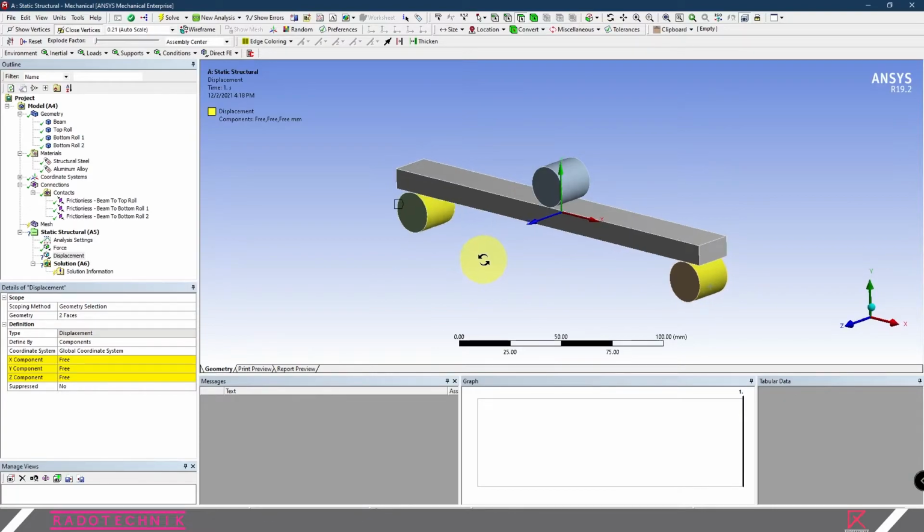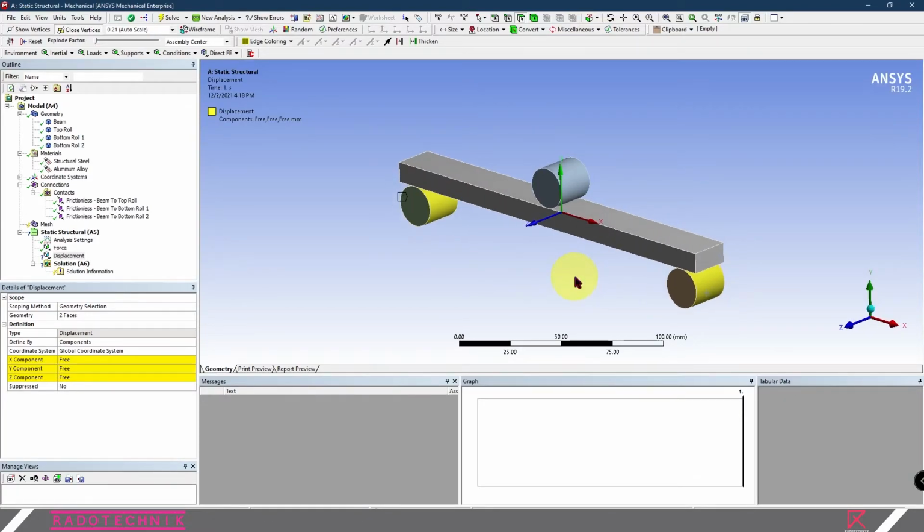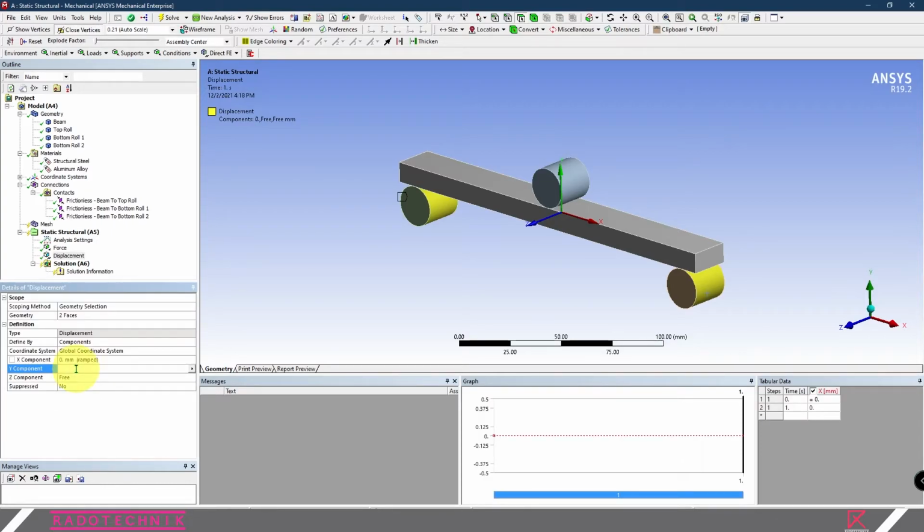In this displacement constraint, you want to make sure that this roller cannot move in any other direction, so you need to set it to be 0 in X direction, 0 in Y direction, and 0 in Z direction.